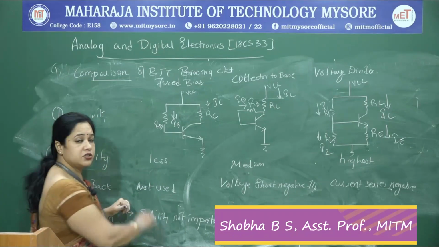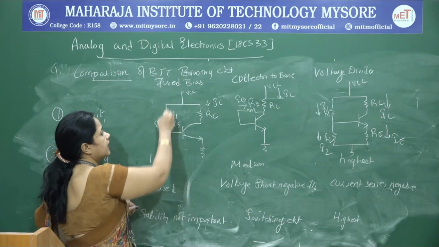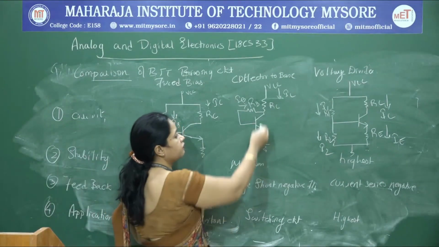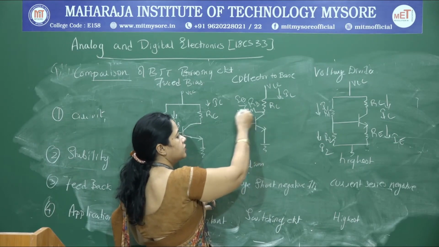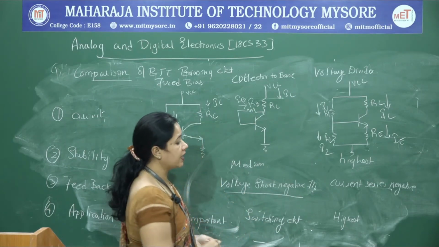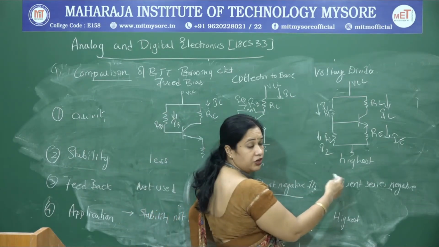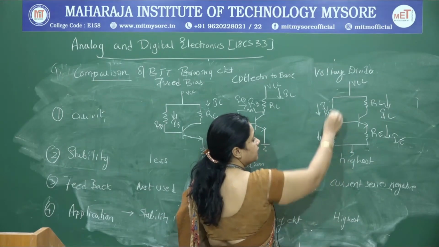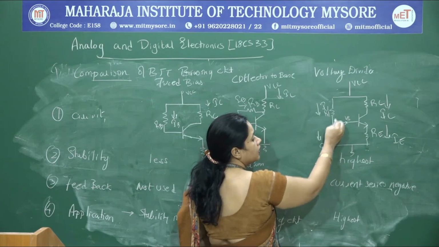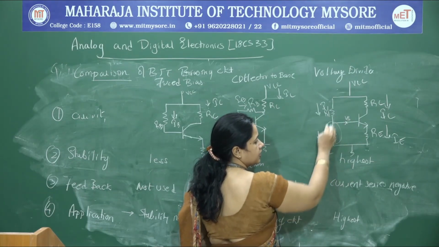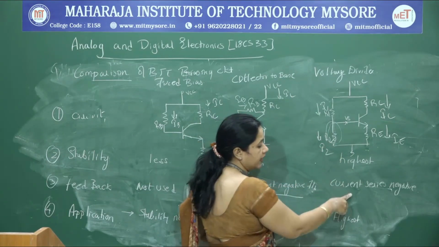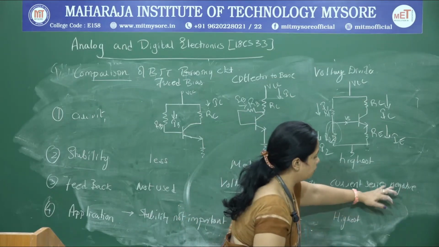Now coming to the feedback, in fixed bias there is no feedback used, so it is biased directly using VCC and RB. But in collector to base bias you can see there is a feedback portion of your voltage from the collector terminal fed back, so we call it voltage negative feedback. And in voltage divider bias the feedback is current series negative. Because it is a voltage divider, the bias voltage depends on the current flowing. It depends on the voltage divider circuit, that is the voltage across the resistance R2. So it acts as current series negative feedback.